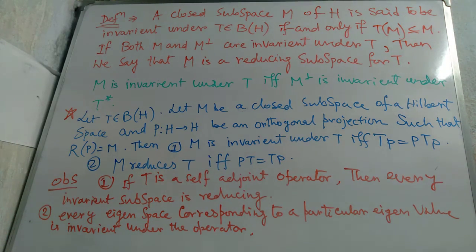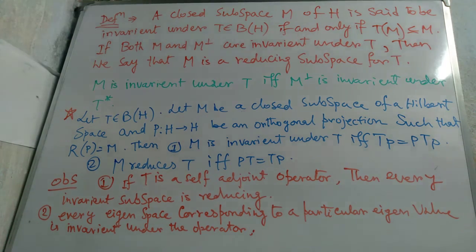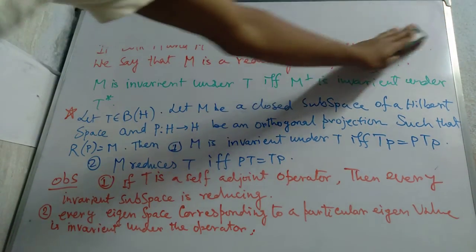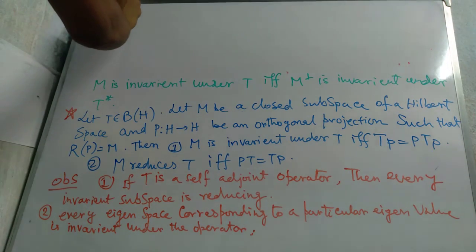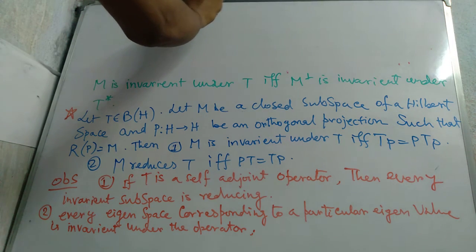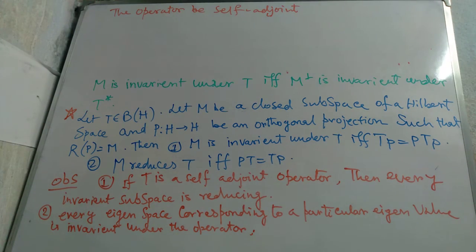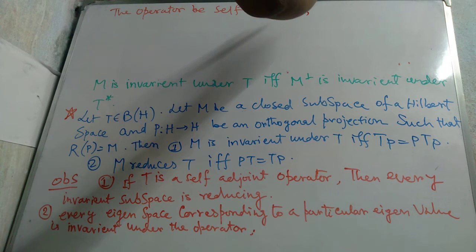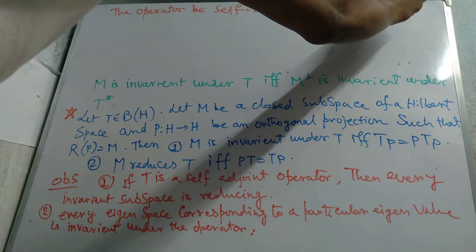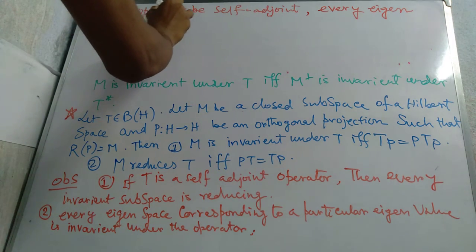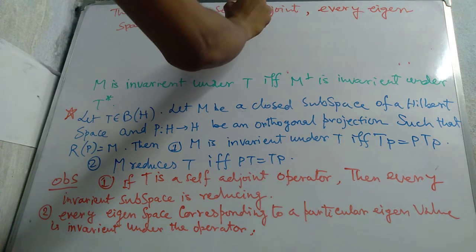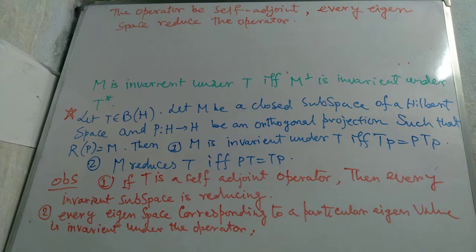Okay, then if the operator is self-adjoint, every eigenspace reduces the operator. Okay,